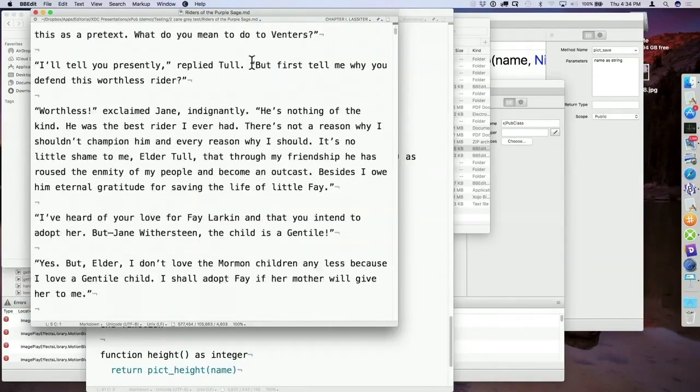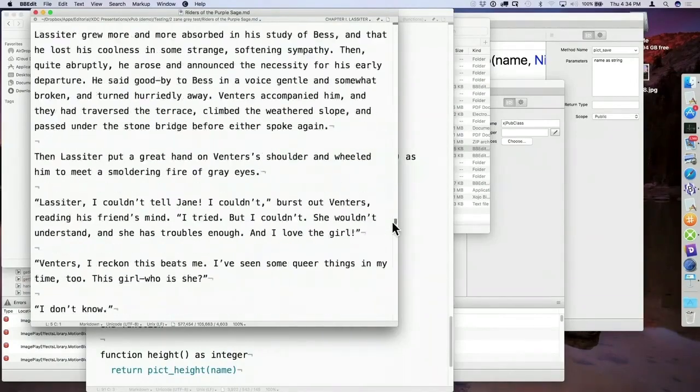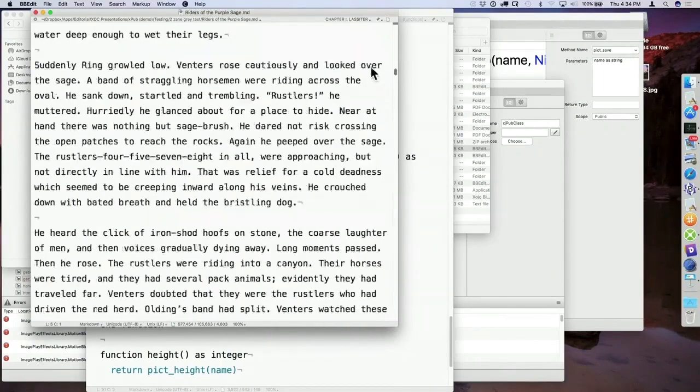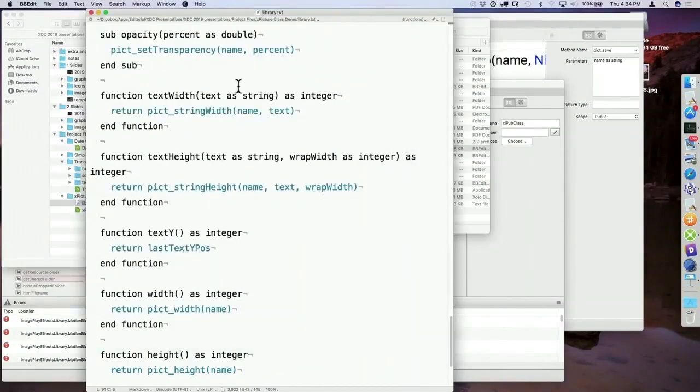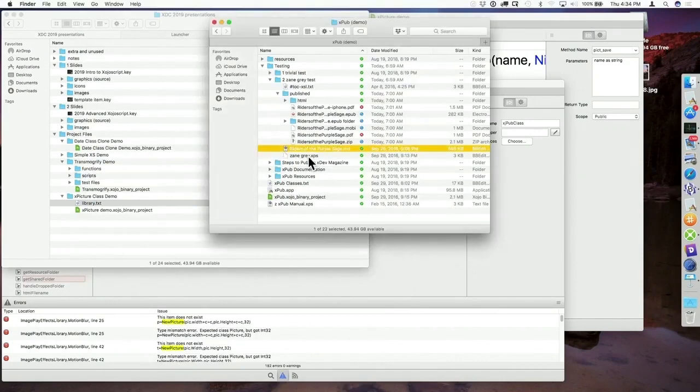So this is how the text looks. It's just downloaded from the Gutenberg library, and it's just 600K of text. And let me get rid of this one. So that's what it looks like. And if we actually